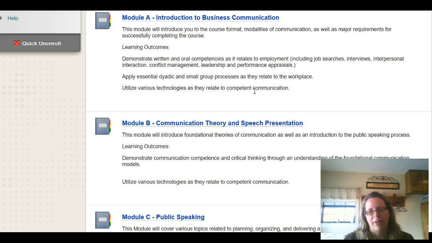What you need to do is click on, so today should be before the first deadline, like the Monday before, it should be the first day you're opening the course. Click on Module A, open it, read everything you've got to do that week, plan your time, and start working